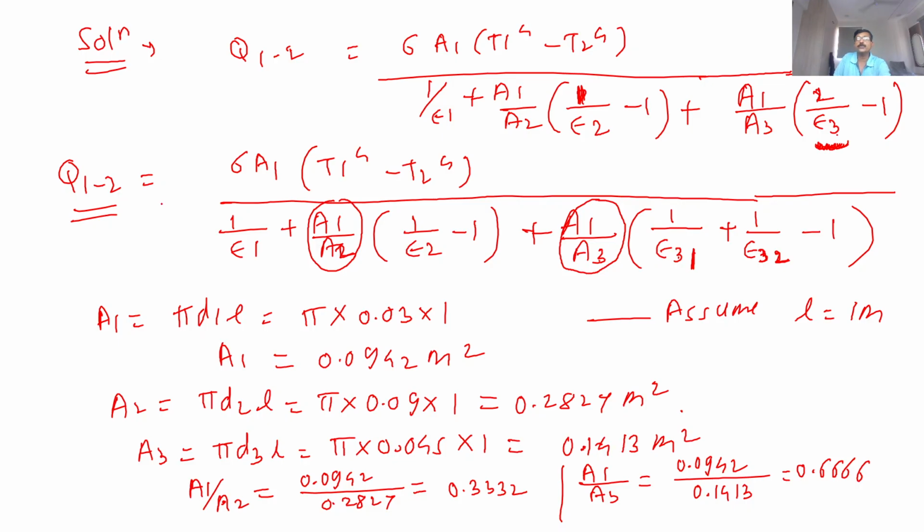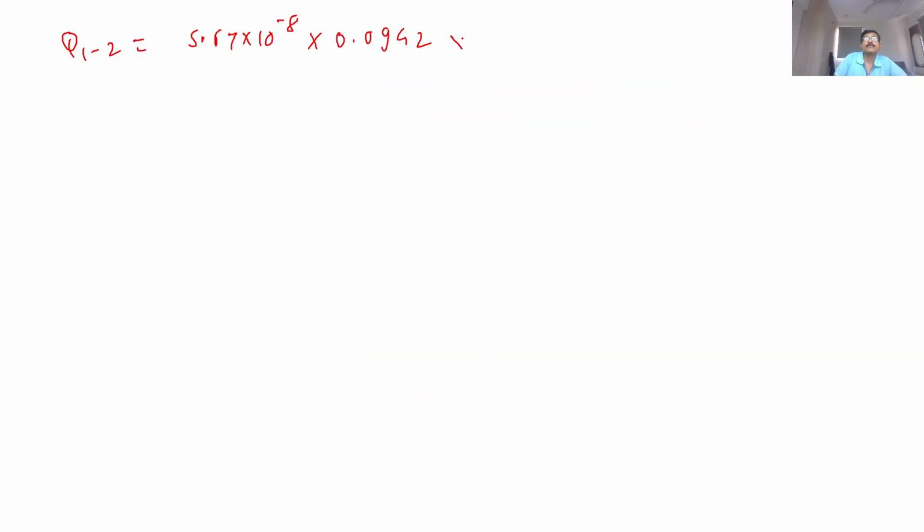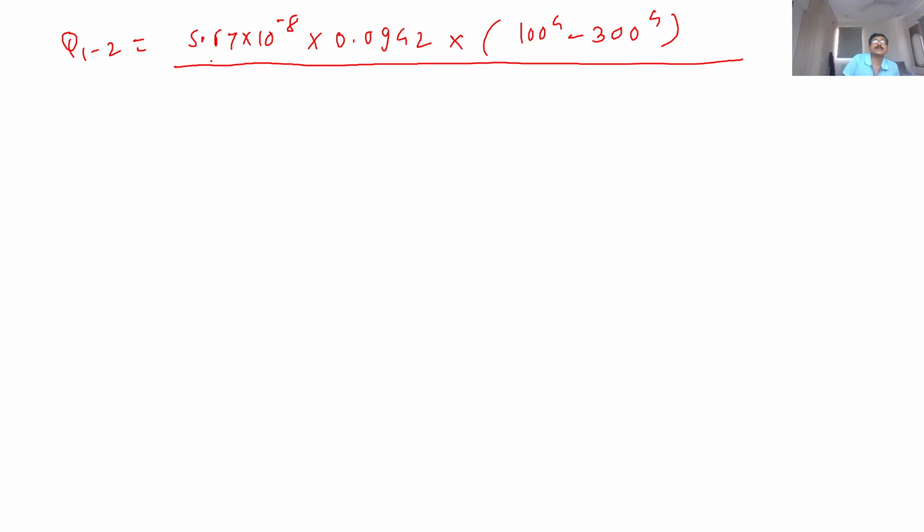Now let's go for substitution. Q1 to 2 is equal to sigma, 5.67 into 10 raised to minus 8, times A1, 0.0942, into T1 100 raised to 4 minus 300 raised to 4. The inner tube temperature is T1, 100, and the outermost is T2, 300, divided by, let's start,